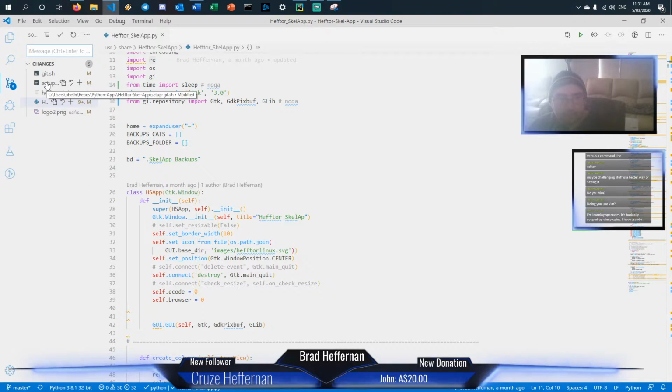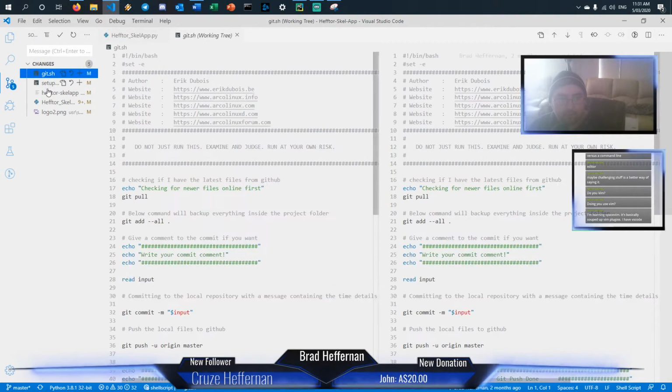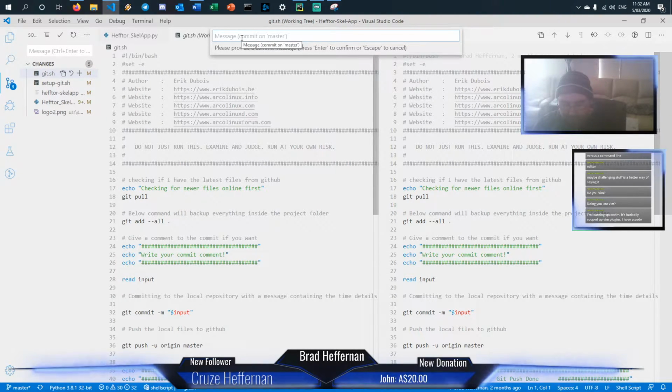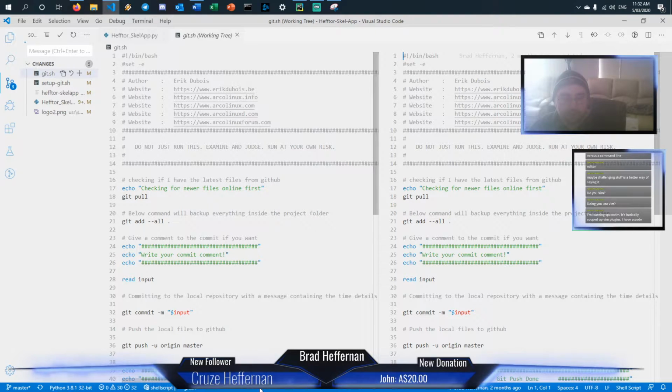We can go here and see what we've changed. This is what I love about Code, the Git interface for it. So I can click this and type in a message, and I'll just say updated. Make sure you use your username. Alright, so first I've got to